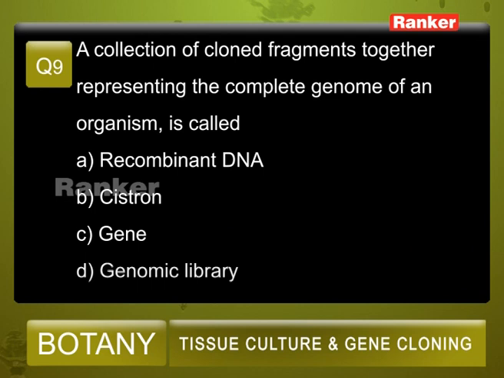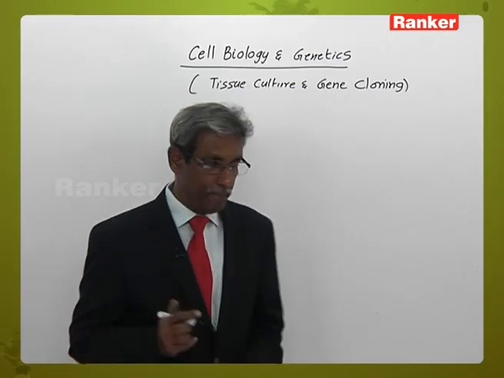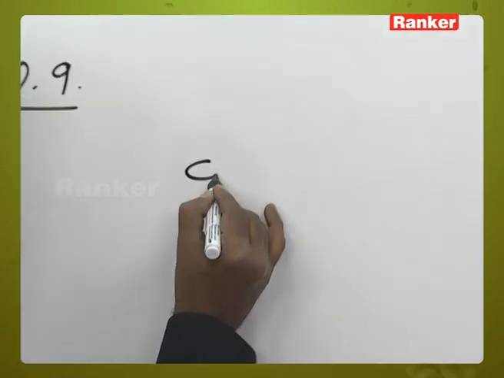Question number 9. A collection of cloned fragments together representing the complete genome of an organism is called: A, recombinant DNA; B, cistron; C, gene; D, genomic library. As you understand, when you say clone,